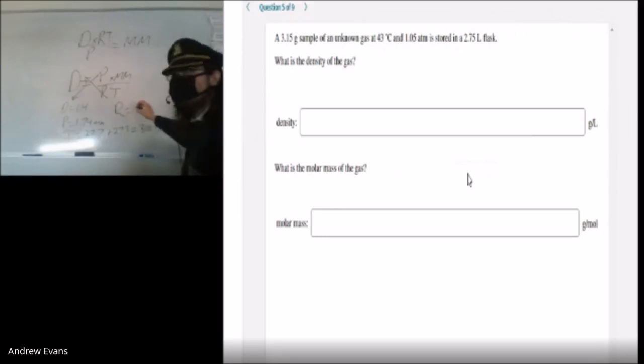What is the smallest molecule we can have? What is the smallest element? Hydrogen. Hydrogen has the molar mass of what? 1 gram per mole. Technically, hydrogen is a diatomic, so it'd be 2 grams per mole. But either way, so what does that mean? Molar mass of a compound must be greater than